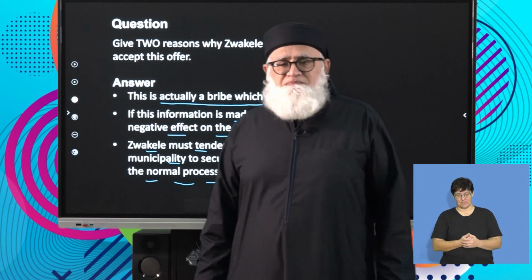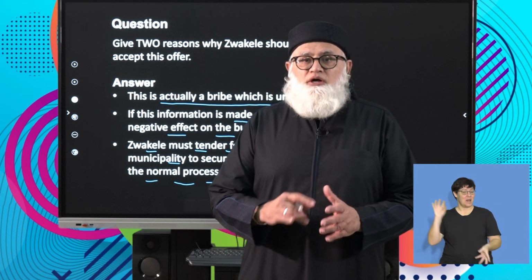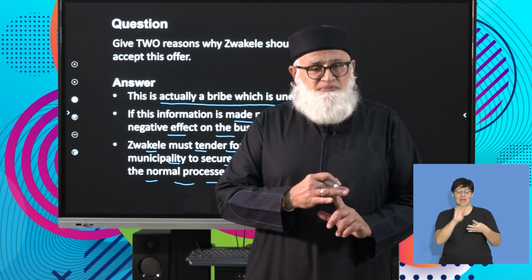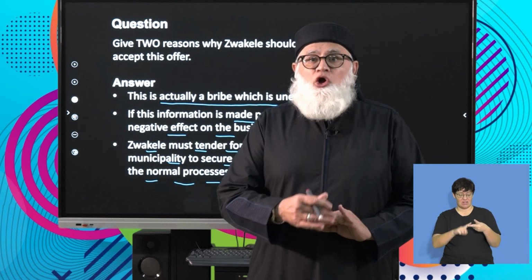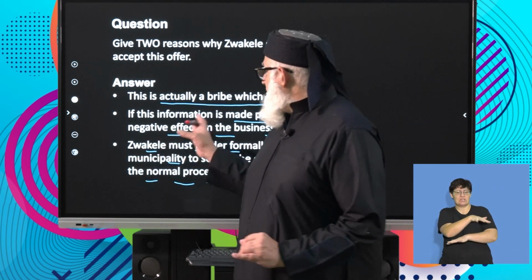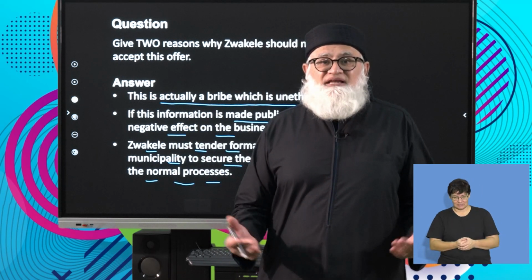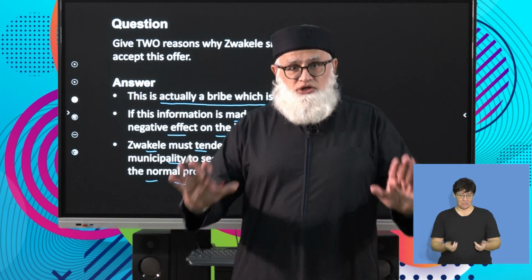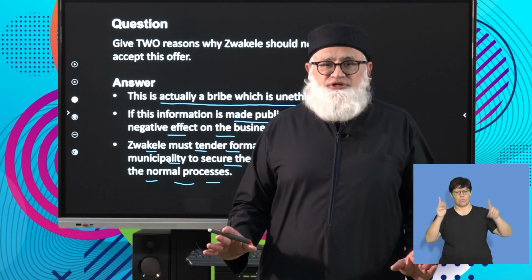Okay, guys, that's it for today's lesson. A quick recap: make sure you are able to do a debtors collection schedule, a creditors payment schedule, calculations, and you are able to answer questions based on real life situations. The situation here with regard to the possible bribe is something that affects our daily lives, and it's something that we all have to stand up and say, enough. We do not want any corruption in our country.